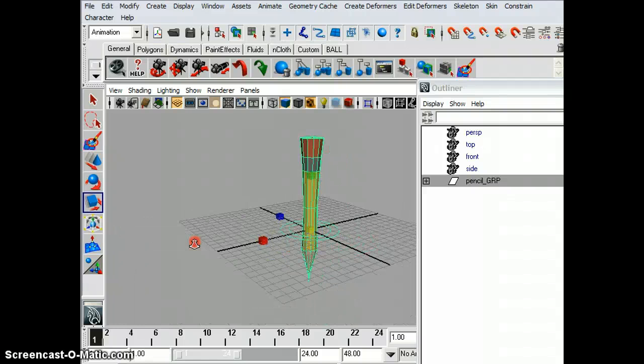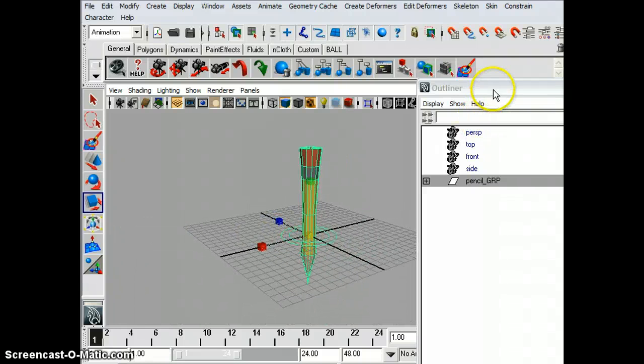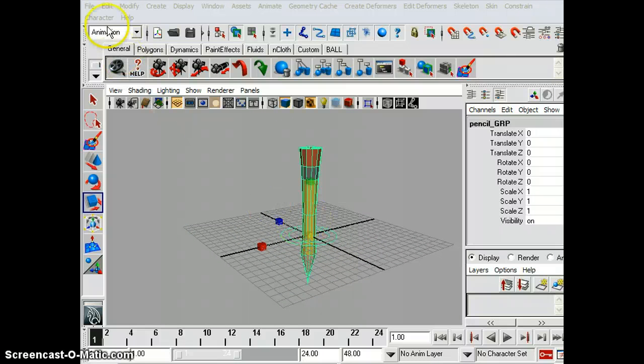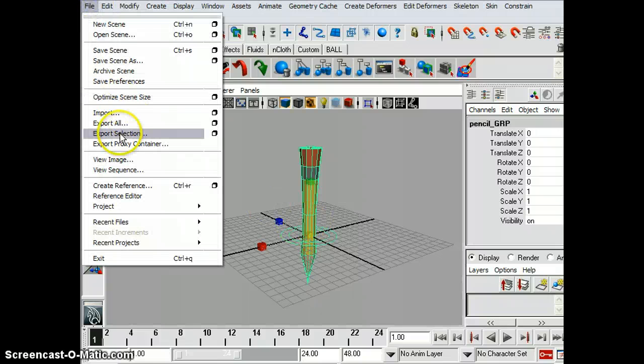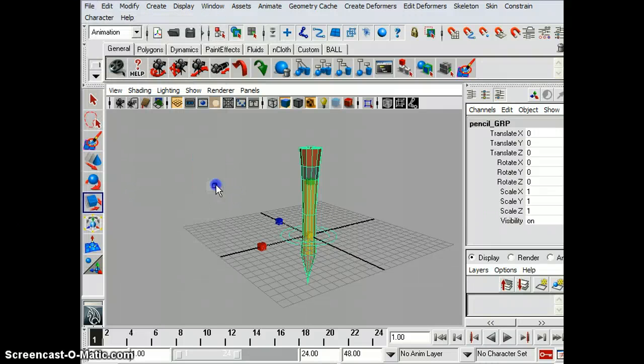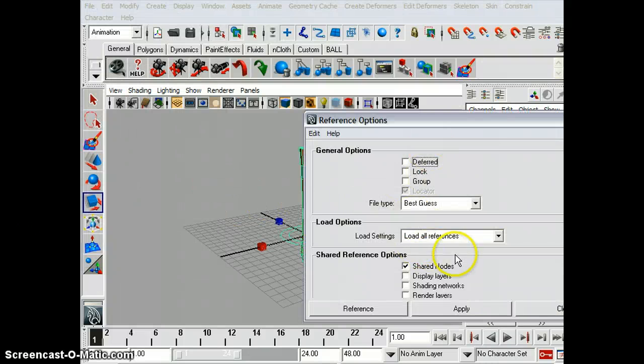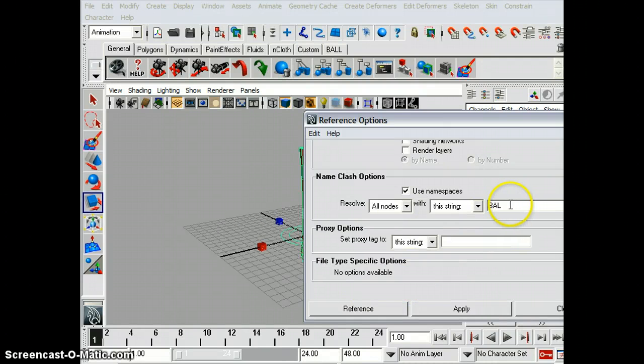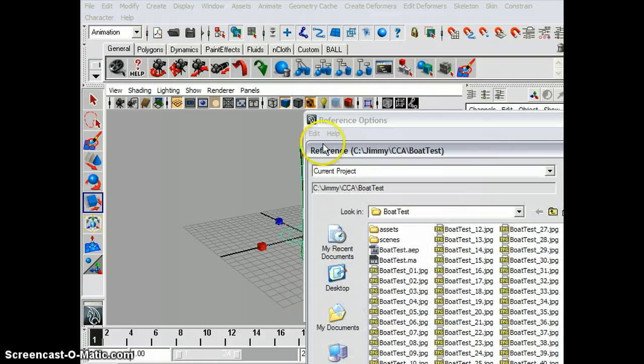What I recommend is that when you make your prop, you bring your character in, you reference your character in as something called delete. So what I'll do is this. I'll show that to you real quick. I'm referencing, and you go to the reference module that I did to see how to reference something, so I'm not going to really spend much time on that. But I'll call it del for delete, and I'll reference in,